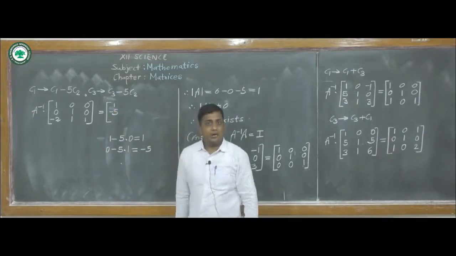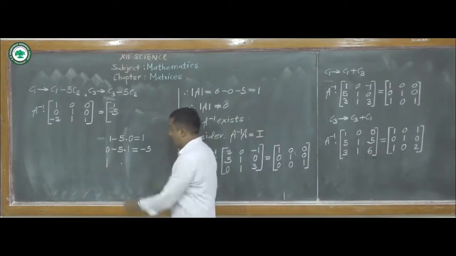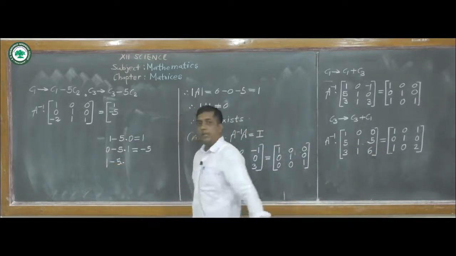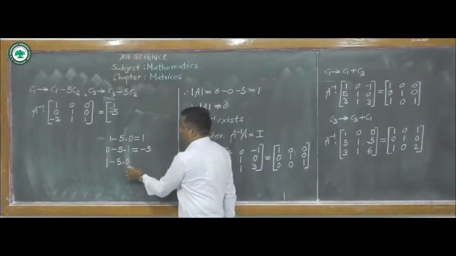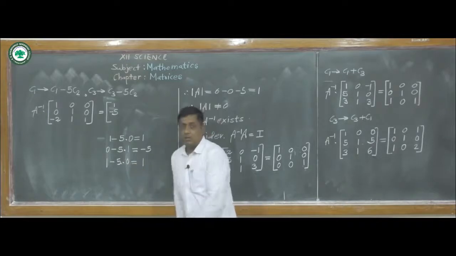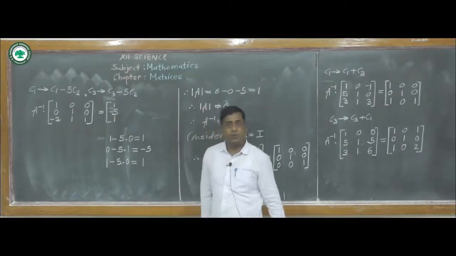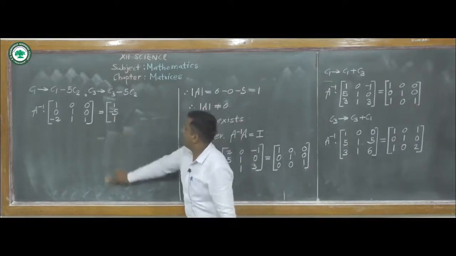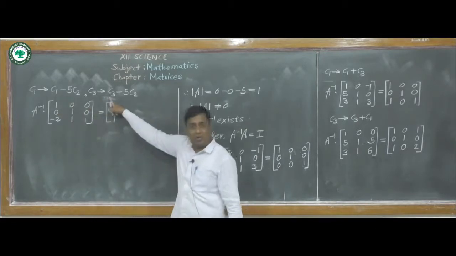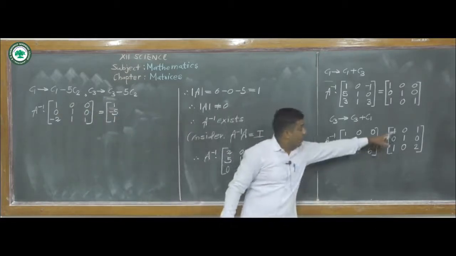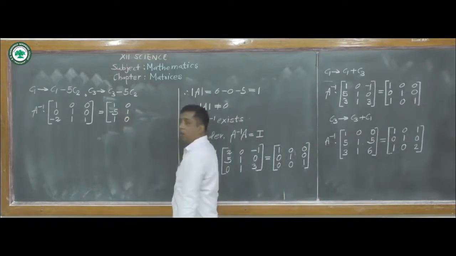Next, the last element from column first is 1. Then with minus 5, the last element from column second is 0. So we get 1. So in the position of 1, we get again 1. Now we keep the second column as it is, since the change is only in column first and column 3. Okay, in the column second, we have 0, 1, 0.